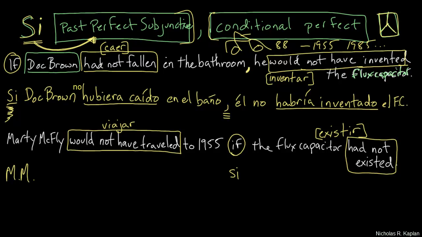That would be the conditional perfect. Si, let's see if I can move my si over just a little bit. There we go. And let's grab that there. Would not have traveled si,